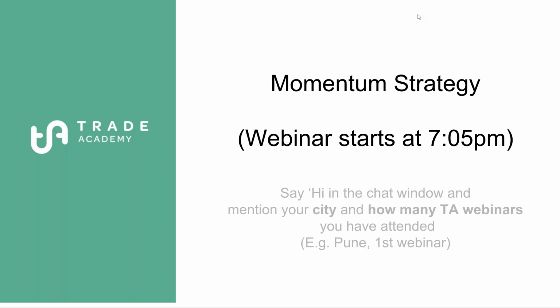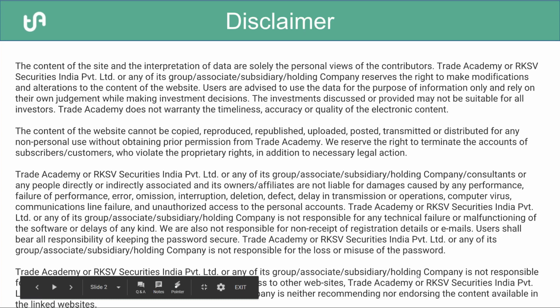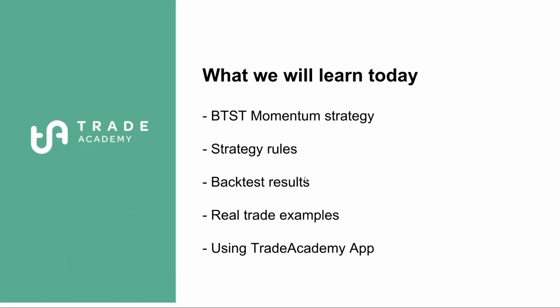All right, let's get started. So today you're going to learn a very simple strategy. It is a momentum strategy, and it is basically a buy today, sell tomorrow strategy. So basically, you buy right before the market closes, and you sell your position right at the market open the next day. So we're going to be learning the strategy rules, and then we're going to go on to